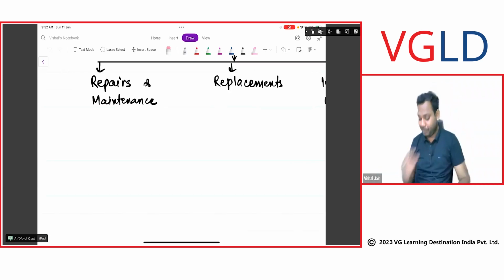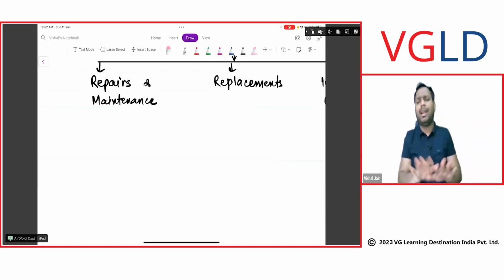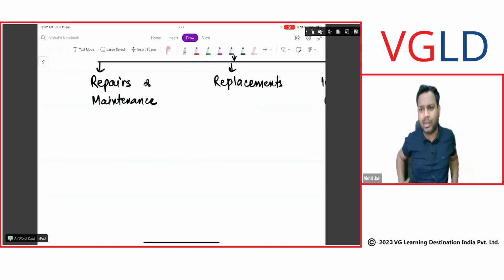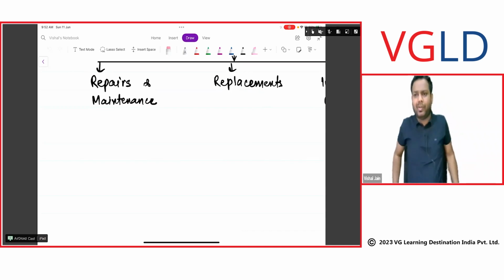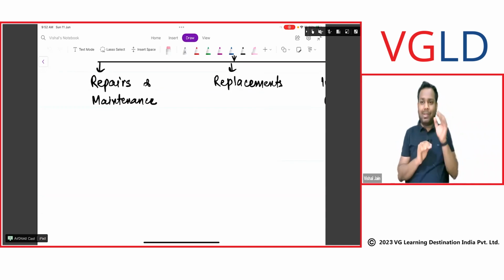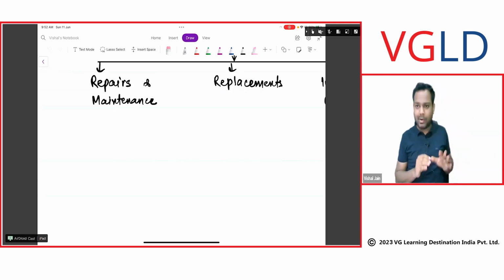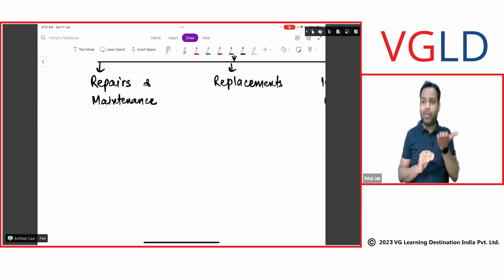Now understand. Let's suppose I have a building or anything. Let's suppose I have a vehicle, a car. Every 3 months I give it for servicing. Let's suppose yesterday I gave my car for servicing, and I got the car today after servicing. It will be in the best performance, right? But now what will happen during this 3 month period?